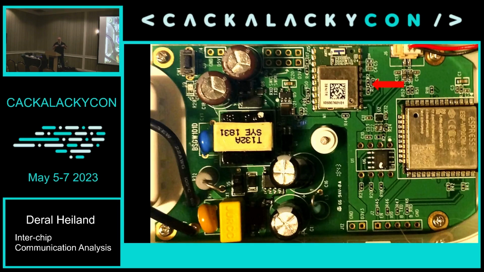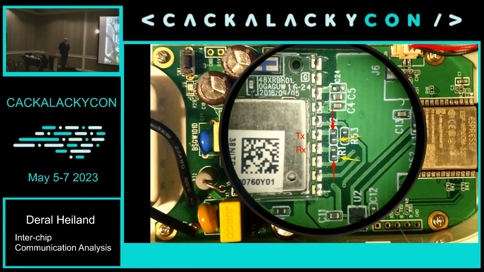So we wanted to figure out how can we tap into this thing safely, where all the runs are going. If we blow this up and look at it, we can see coming off the BLE module, there's a transmit and receive for UART that connects to the actual Wi-Fi module, the Espressif Wi-Fi module. But in this particular case, and the reason why I put this one is it was kind of unique, instead of a straight run through, we actually have resistors that are in line. They're not pull high, pull low type resistors. They're actually in line. And these are impedance matching resistors,